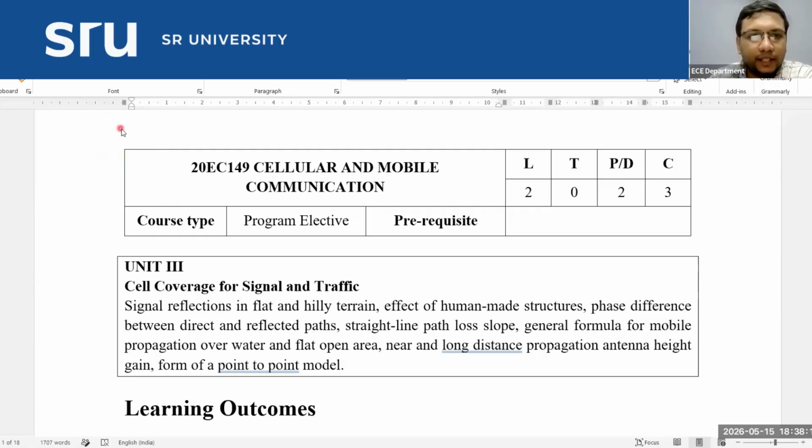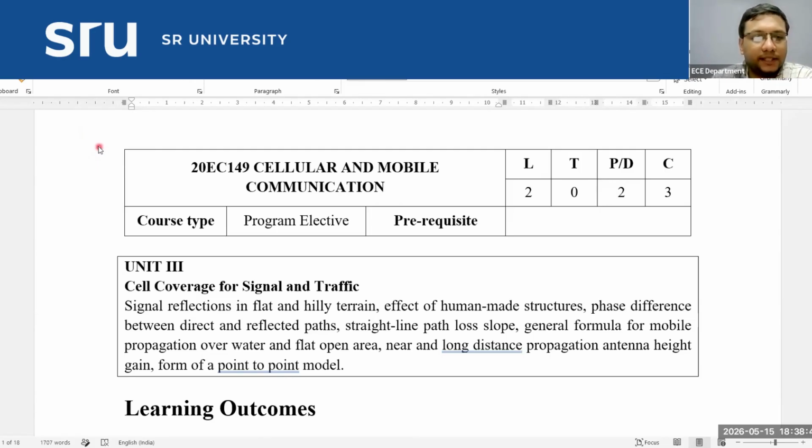Welcome to Unit 3 of Cellular and Mobile Communication. So, today we will cover the entire unit. Entire unit means cell coverage for signal and traffic. So, as per the syllabus, it will cover